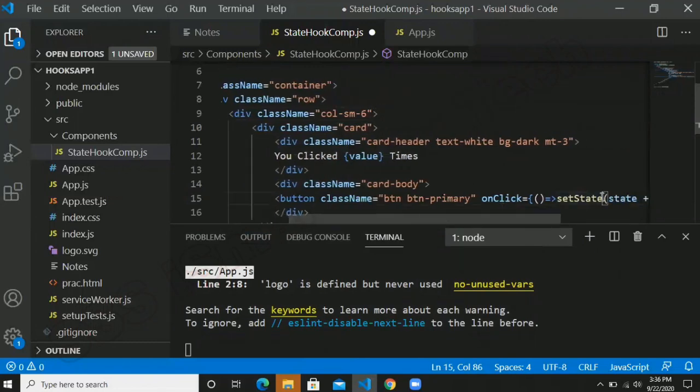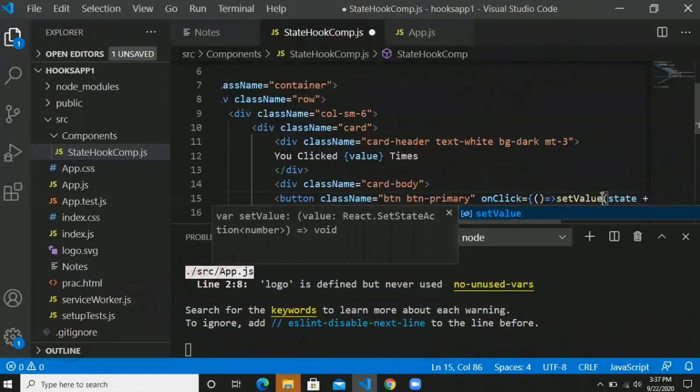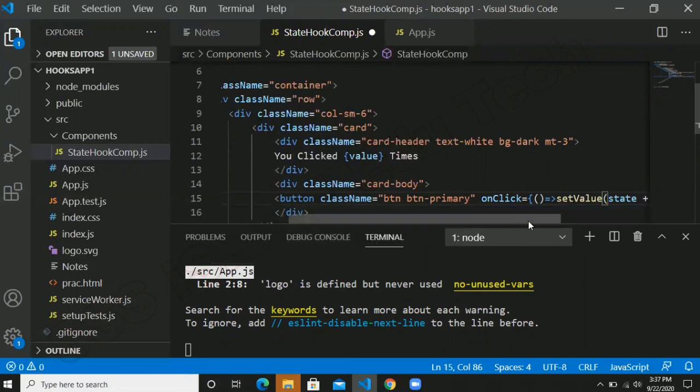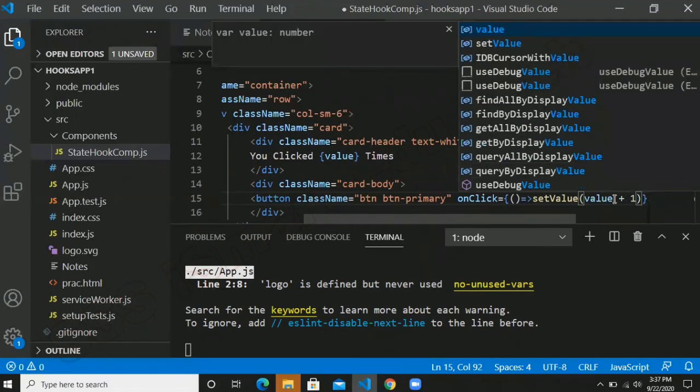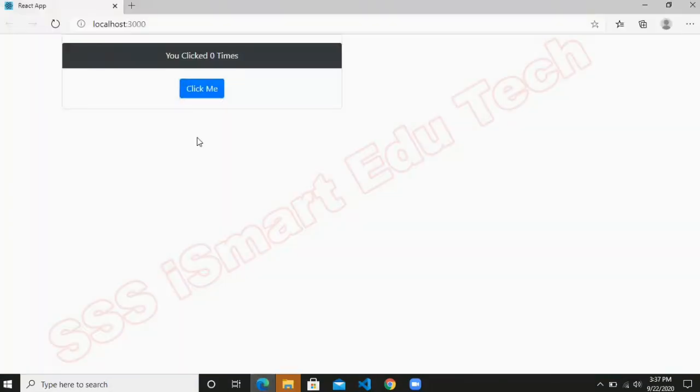So I mean to say it's not mandatory that we have to give the name state. We can give any name that you want. And here let me change it to value, and just save it. Just come to our browser. Now you are able to see once more, you clicked 0 times. Now whenever I click, it is incrementing, right? So this is all about your useState hook